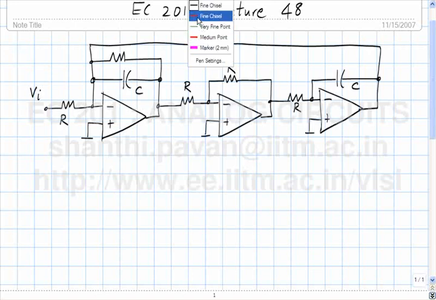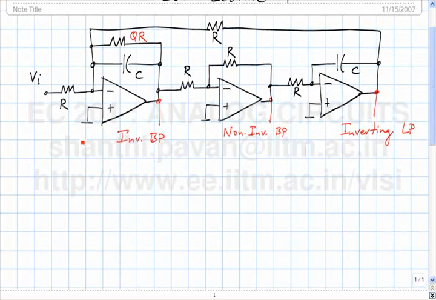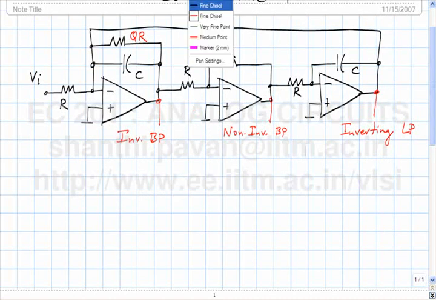and we saw that this is a band pass output. So this is the inverting band pass output. This is the non-inverting band pass output, and this is the inverting low pass output. And this particular choice of component values will result in a second order section with the following